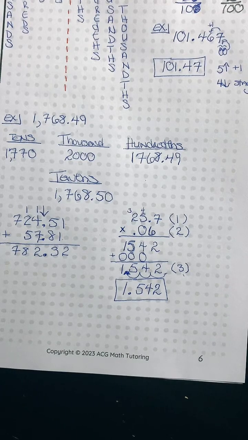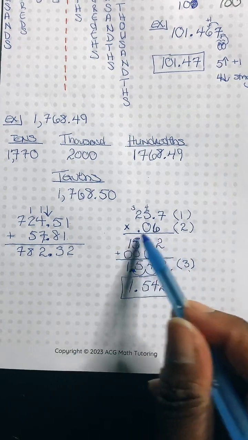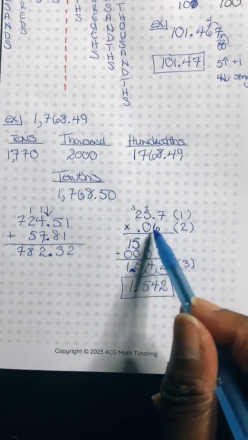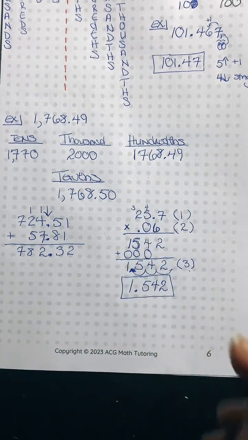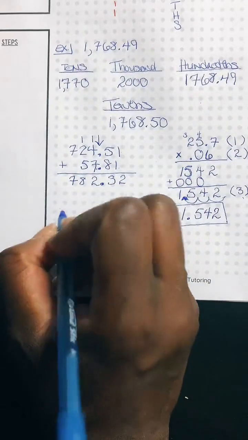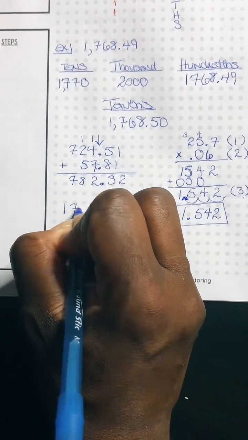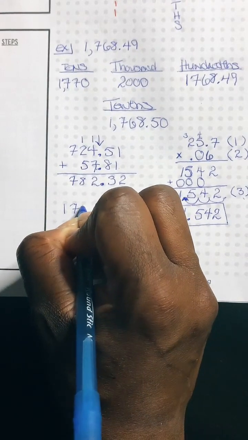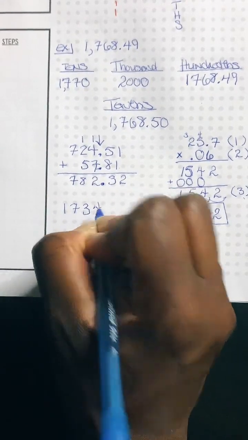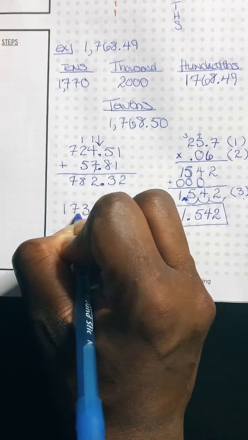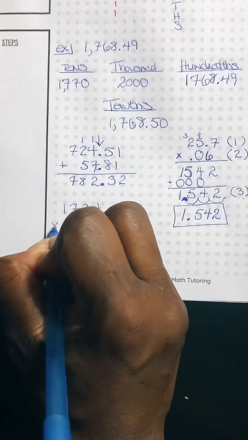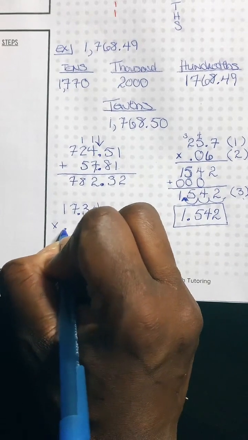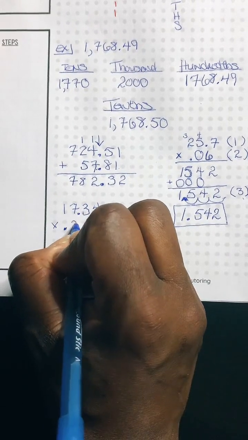What if the second number has more than 1 decimal? You count up how many decimals it is. So like if you had, say, 4 decimal places, let me actually put it down here. Say I have 1,700 and 34. So I'm going to say that's like 17.34. And I'm going to multiply my decimal point of